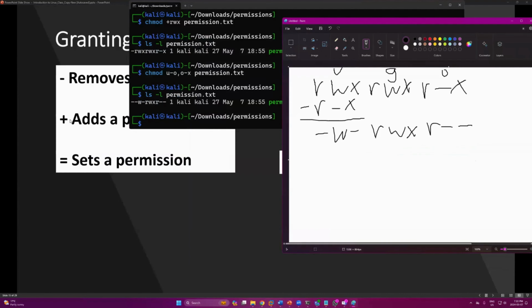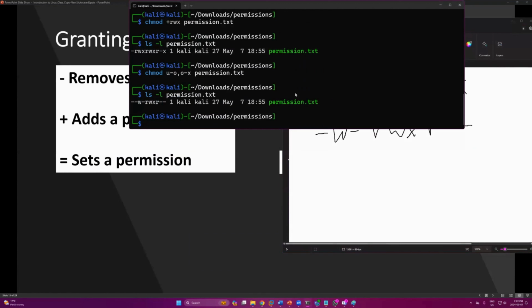All right, so this is one way to do it. We used addition, we used subtraction, and then we can use the set permission. So this one is also really easy. So we basically say change mod. Instead of adding and subtracting,